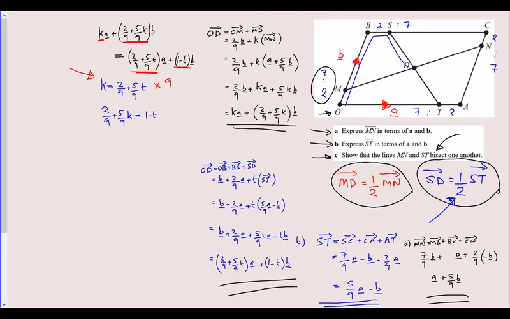Okay, so I'll get 9k is equal to 2 plus 5t, and probably do the same thing with the other side. Now what I'm going to do with this one, I'm just going to rearrange that to make t. So this equation here, so 2 over 9 plus 5 over 9 k